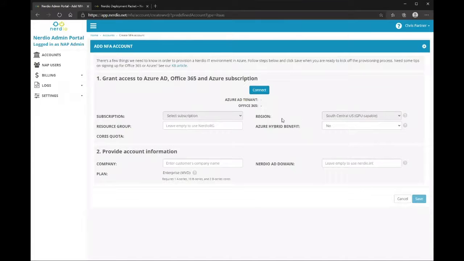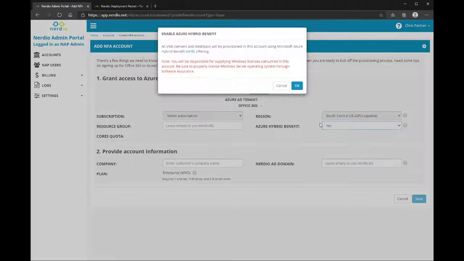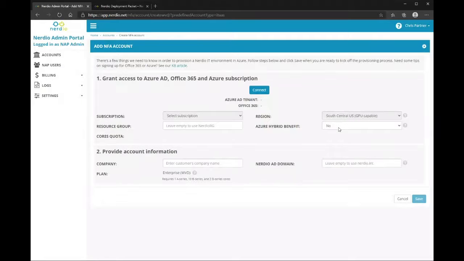You would select Azure hybrid benefits, and we just went through this in the pricing calculator. Our recommendation is always leave this to no, and the reason is because it's very easy to go after the fact and turn on Azure hybrid benefits for specific servers. But if you set this to no, it's going to default to no for all servers that are created, and then you'll have to go manually through and add that back in. So unless you know for a fact that you're going to have Azure hybrid benefits applied to every server, yeah, that warning just says, hey, you're eligible for the auditing piece of this. But I'd say leave this to no, specify the region, give the name of the company, and then